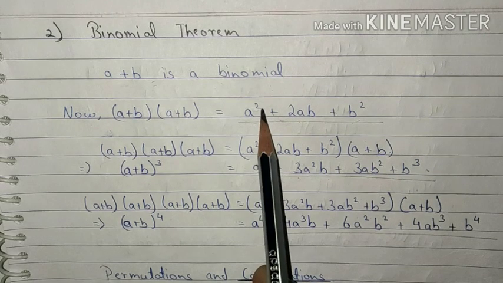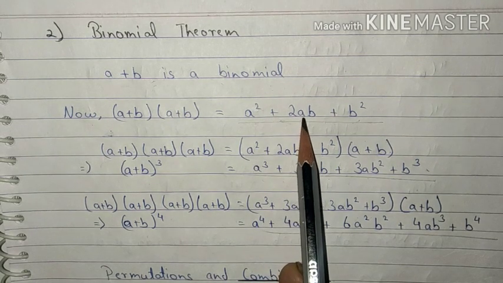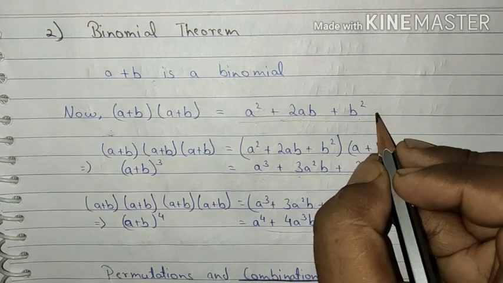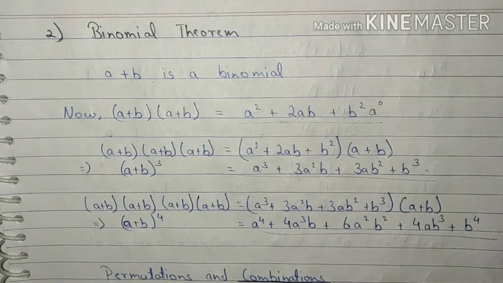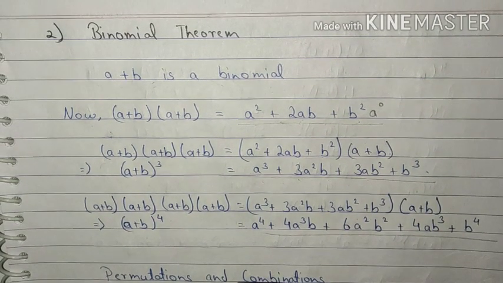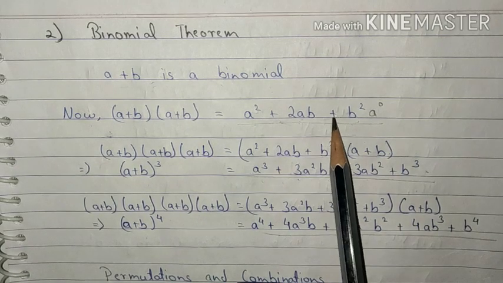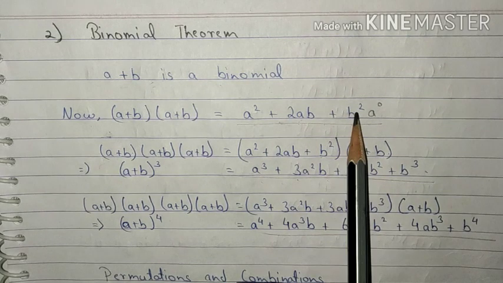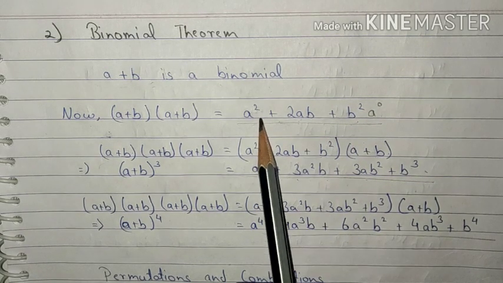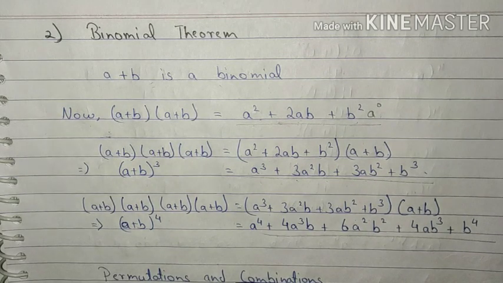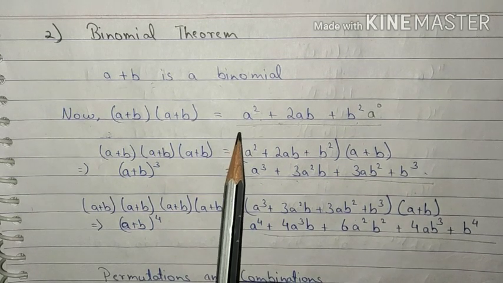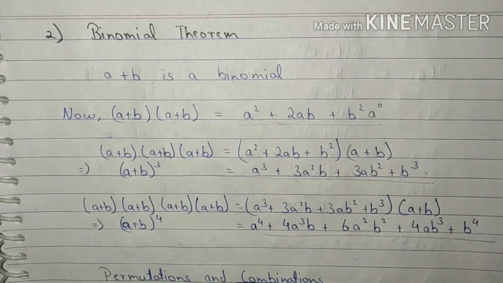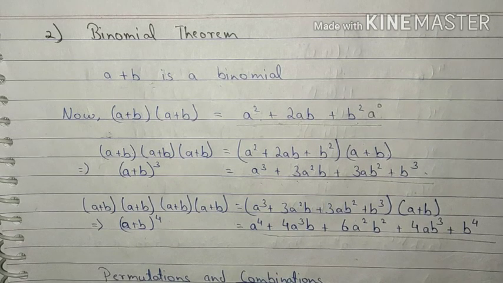As a result, what do you observe? That the power of A was 2 over here, it is 1 over here, and it is 0 over here. Since if we write over here A raised to the power 0, anything raised to the power 0 is 1. So what can we say over here? That the power of A is decreasing. At the same time, if we observe the power of B, it is increasing. Since here it is 0, then we are getting 1, and here it is 2. So what are we observing? That it is increasing when we are moving from left to right. In the same manner, when you have a look at the other equations also, you will observe the same definite pattern.